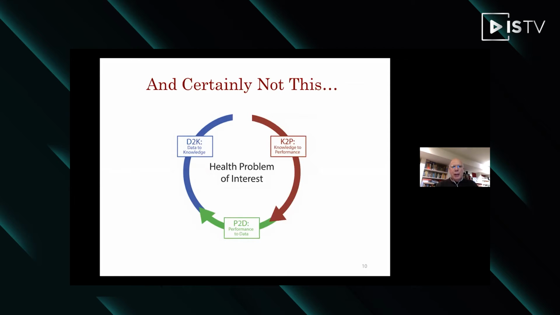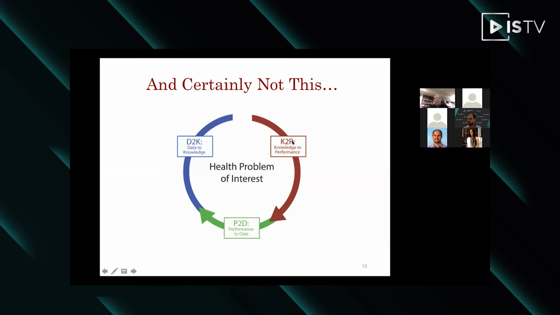And these complete cycles are also certainly not this, which, as you can see, is a gap at the top of the cycle. And this is very, very important to what I'm about to present, where one group, and this is certainly the case in many medical centers in the US, is the health services research group. And this group is engaged with taking data to knowledge and generating results. But there's a completely different group, often called the quality improvement group, which is completely different people, and it's their job to take this knowledge and put it into practice.